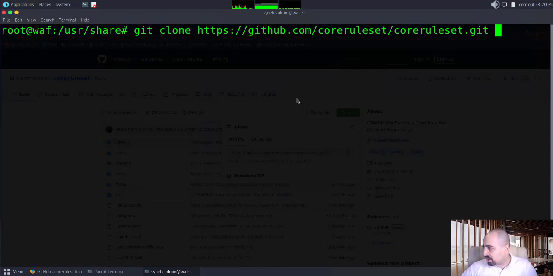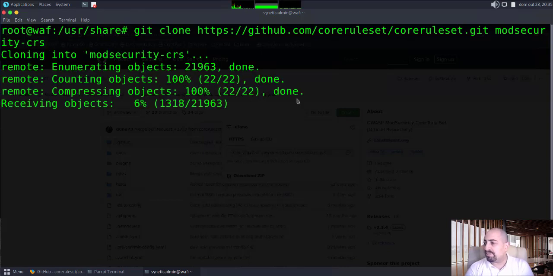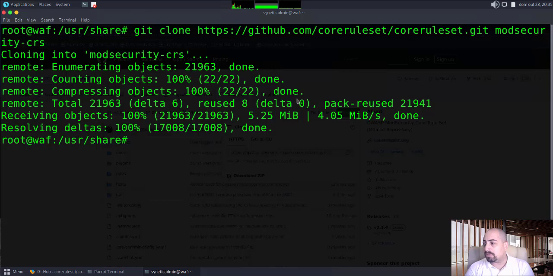So I'm going to give it a space, and I'm going to write ModSecurity-CRS. So we are actually going to create the folder with the contents of this project. Pressing enter, give it just a few moments to download. It should be fairly quick,